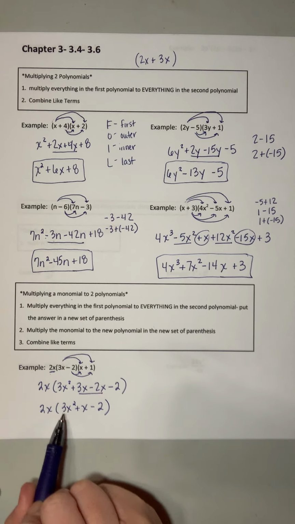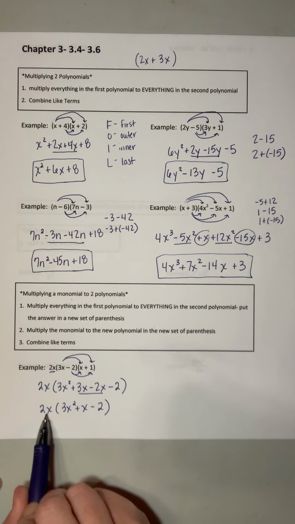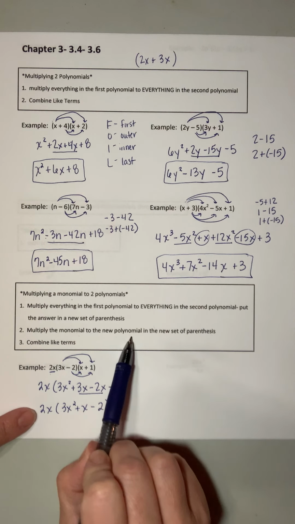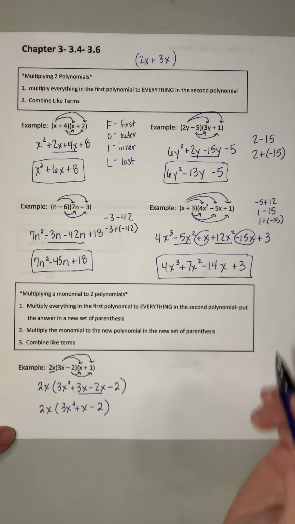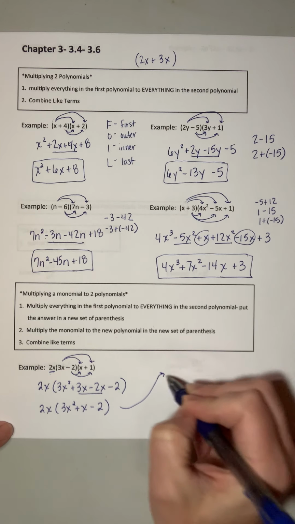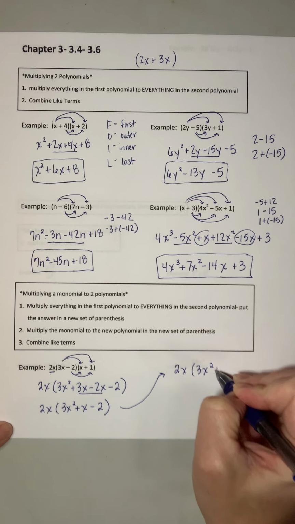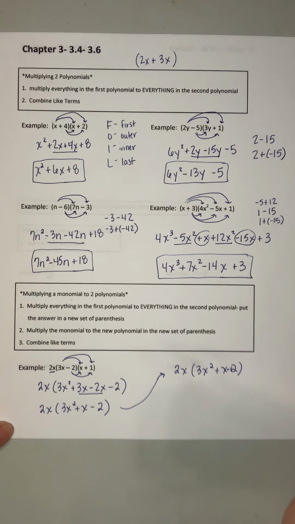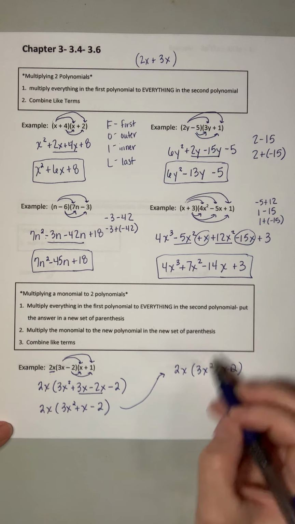Okay, once you get all of this simplified down, now because it is connected to a monomial on the outside, we're going to multiply the monomial to the new polynomial in the new set of parentheses. Okay, so I'm just going to move this up here just for space. Oops. Okay, it's a minus 2, so I apologize for that. All right,